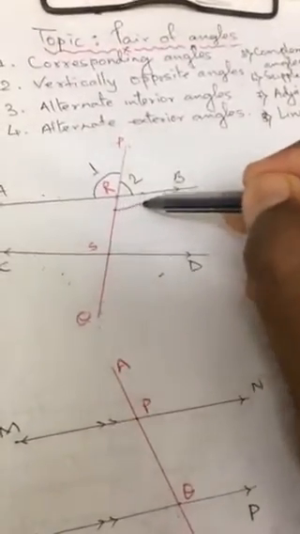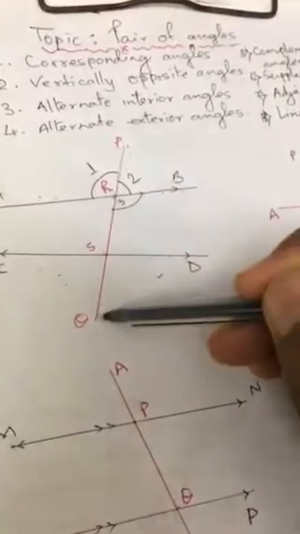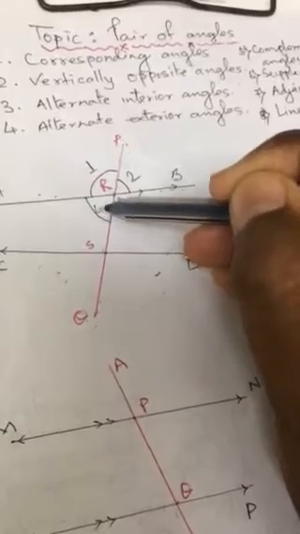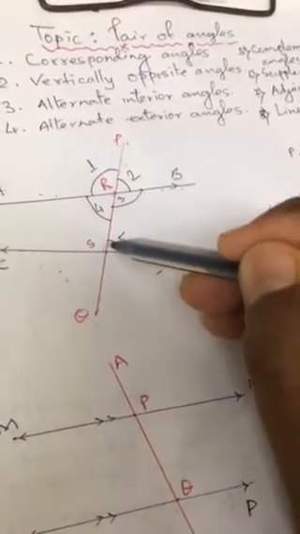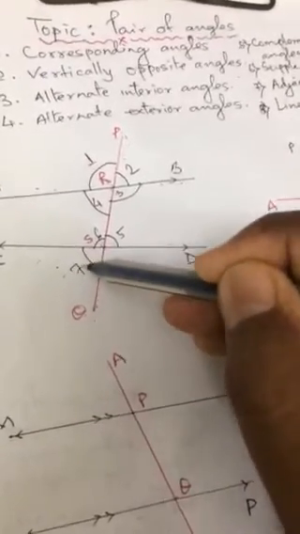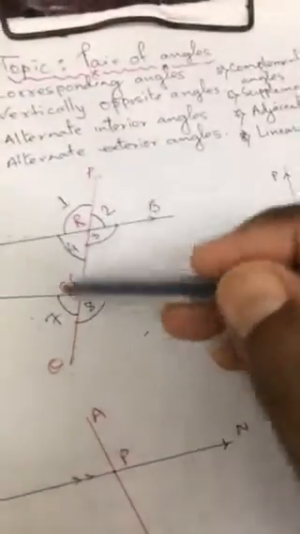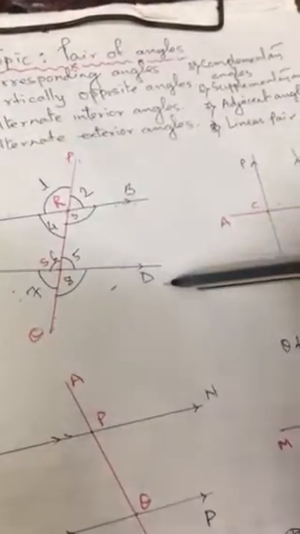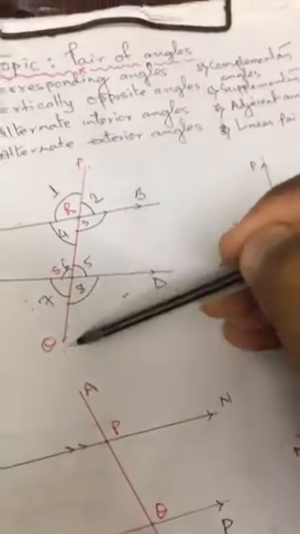Similarly, this is angle number 3, angle SRB or angle QRB. This is angle number 4. This is angle number 5, angle number 6, angle number 7, angle number 8. Altogether how many angles are formed here? 8 angles. So from here we can understand that when two line segments are intersected by a third, the transversal,